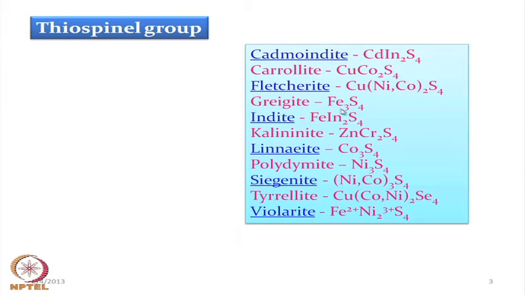Then greigite, which is Fe3S4, indite is iron indium like cadmium indium. So, cadmoindite is the substitution of this. Indite is basically iron indium thiospinel. Then cadmium-zinc-chromium is another one, linnaeite is the cobalt sulfur, and polydymite is the nickel sulfur. In this particular case, apart from cobalt, this nickel one, the Ni3S4, is an important sulfur spinel structure,